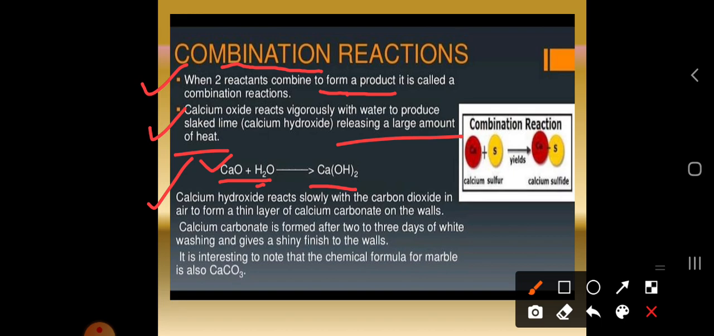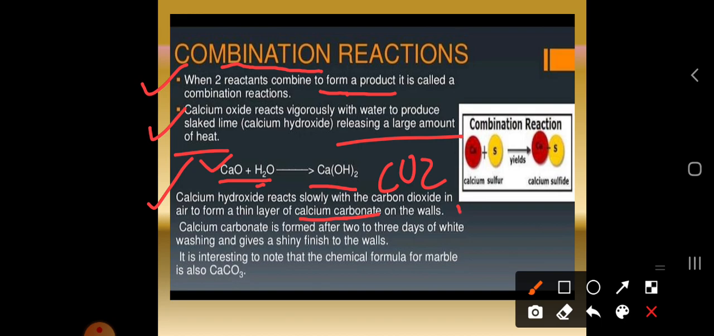Calcium hydroxide reacts slowly with carbon dioxide. What is the formula of carbon dioxide? That is CO2, in the air, to form a thin layer of calcium carbonate. So you can observe here that the combination reaction is going on again. It will not stop. Combination reaction is nothing but the combination of two reactants. So calcium hydroxide reacts slowly with the carbon dioxide in the air to form a thin layer of calcium